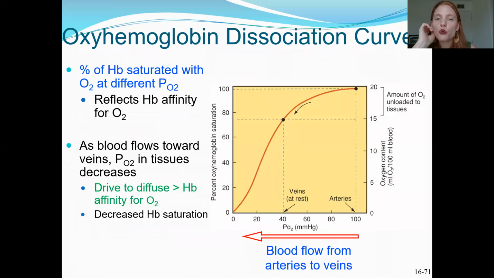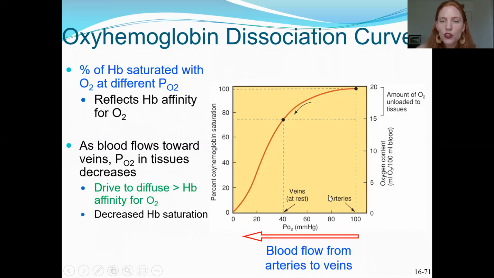So if you graph it, in this graph right here, what we're looking at is the percentage of hemoglobin that is bound to that oxygen as a variable of the partial pressure of that oxygen. So as you change the partial pressure, how does that affect the percentage of hemoglobin bound to that